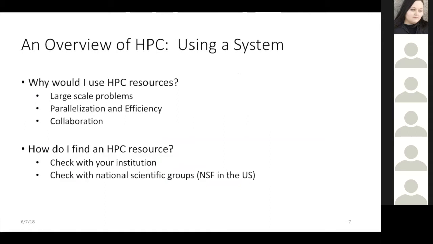So the high-level concept is, why would I use a rich HPC resource? Depending on what you're working on, your data sets might be huge. You might want to gather some very granular data about what you're researching. You might also be interested in developing visualizations or developing predictive scaling to see what's changing over time with the data that you're collecting.